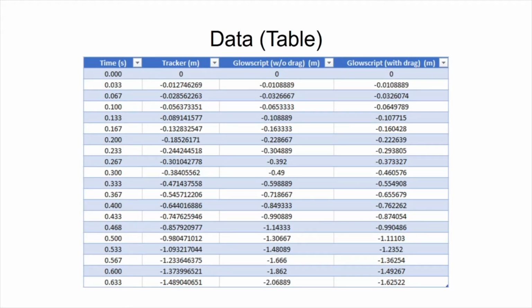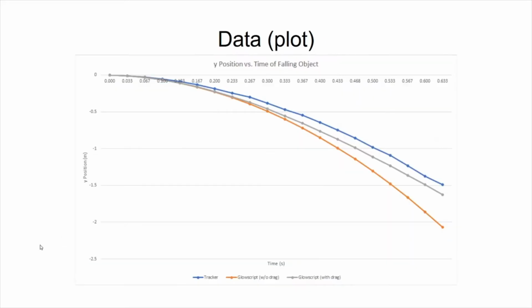So this table shows the actual y position of the object in meters in each of the models. So first the model in Tracker, and then in the Gauss group model that did not take drag into account, and then in the Gauss group model which took both gravity and drag force into account. And then put onto a graph,